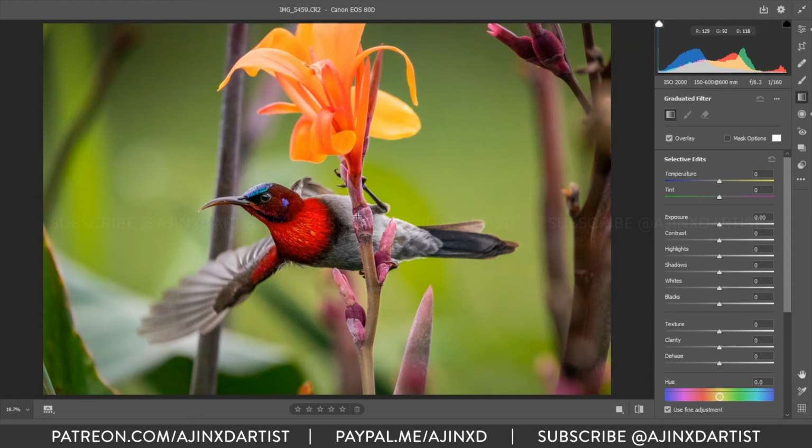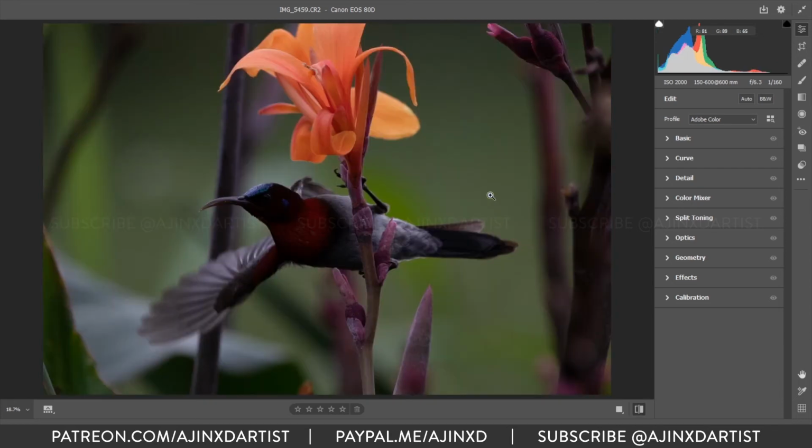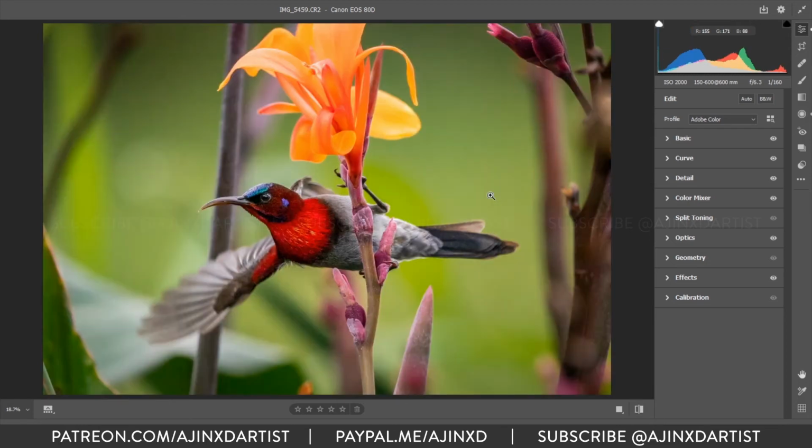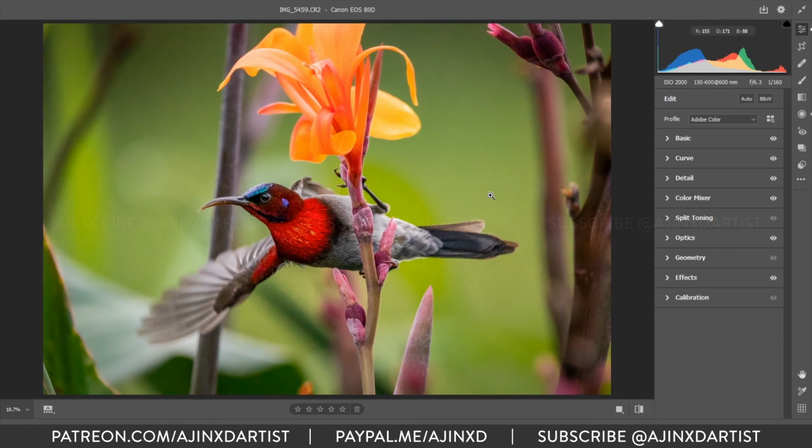The bird is looking much better now, so we'll go back to edit. I'll show you the before and after. So there's a key below the backspace key. It's a backward slash. So if you press that, you get to see the before and the after. That's a very huge difference that post-processing allows you to get good results on. Yeah, looks pretty cool. The background is a bit disturbing, but it really doesn't matter as long as the subject is well in focus and well lit.